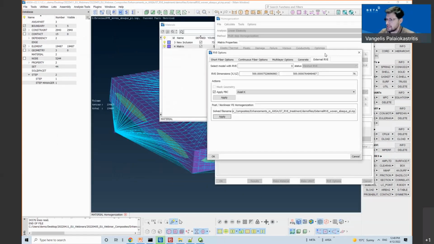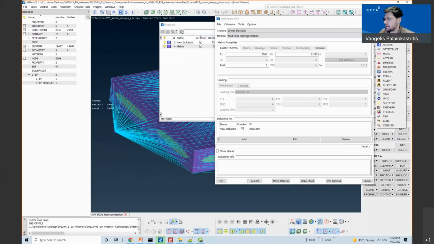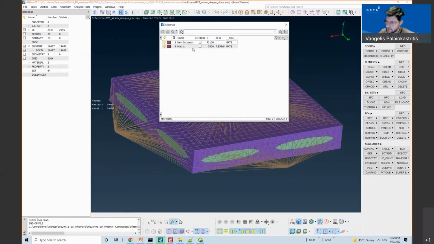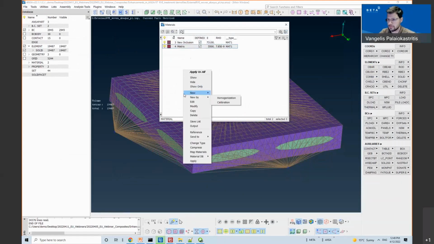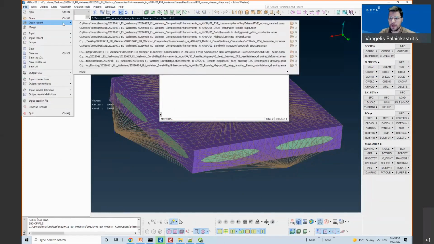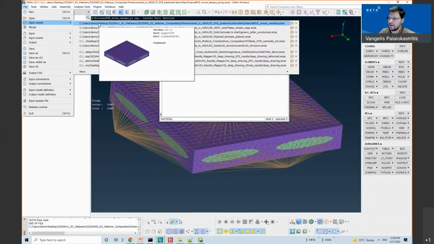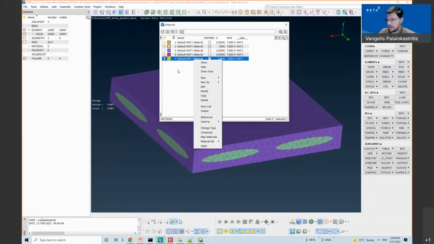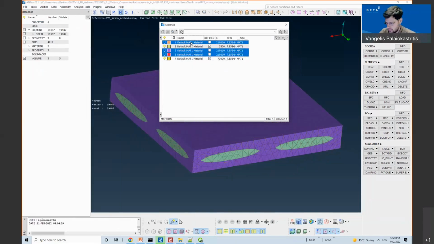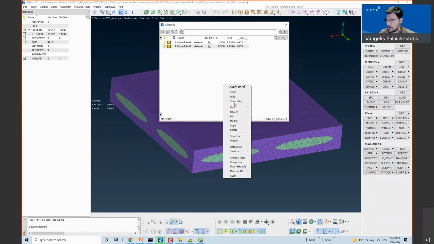For Nastran deck, if I am in Nastran deck, the homogenization can be done directly in ANSA with Epilysis.